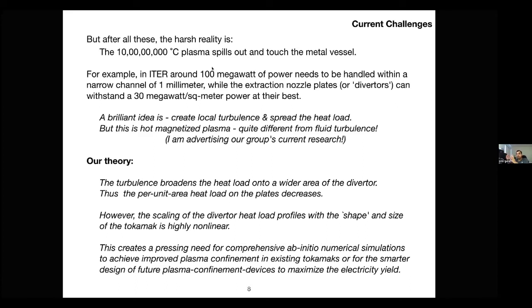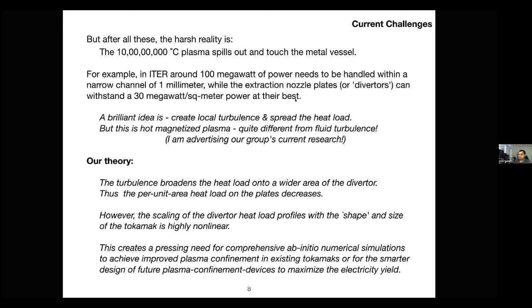the plasma that will come out, that is predicted to spill out, the energy of that plasma will be 100 megawatt. So that 100 megawatt of plasma needs to be handled within a narrow channel of 1 millimeter. So when it comes out and touches the metal vessel, the area on the vessel will be just around 1 millimeter. While the extraction nozzle plates, or the technical word, diverters,